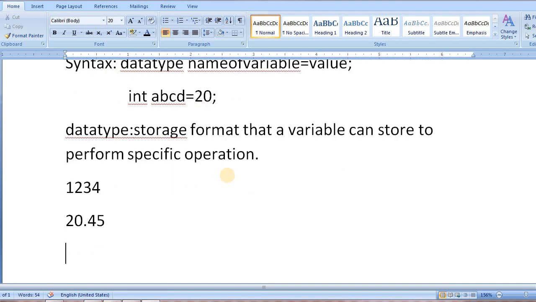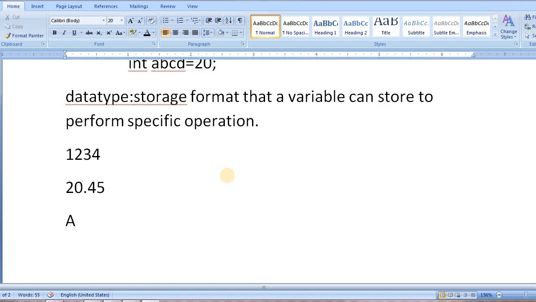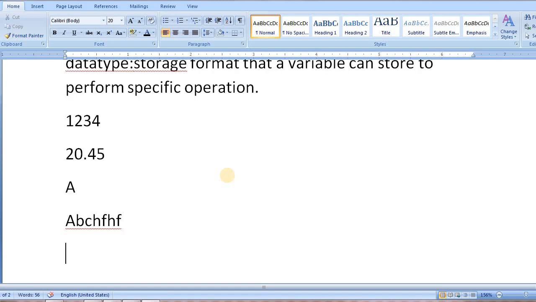Maybe the user wants to store a single character, or multiple characters like a b c f. Next, the user wants to store true or false. Now it's clear that various data are there. Now according to the data we use the data type.